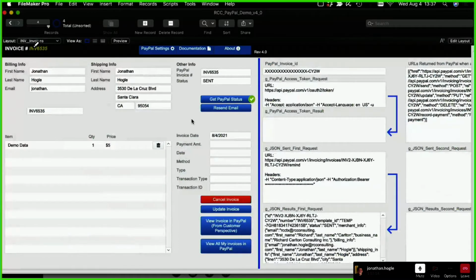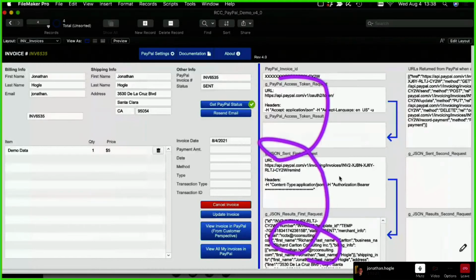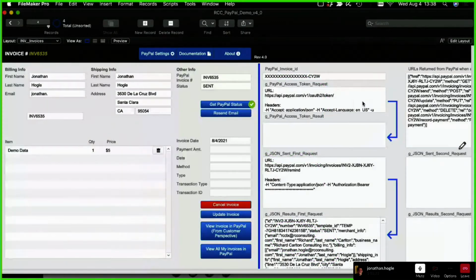So to set this up, do you want to walk us through the code over here a little bit, the JSON? We don't have to code this ourselves, but do you want to walk us through this a little bit? Yeah, I was planning on doing that. So there's two different things that